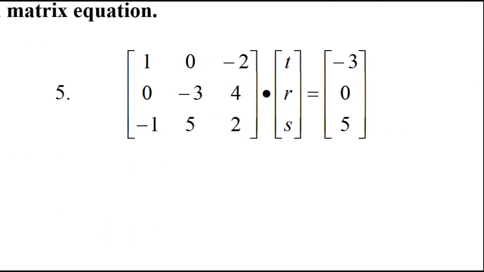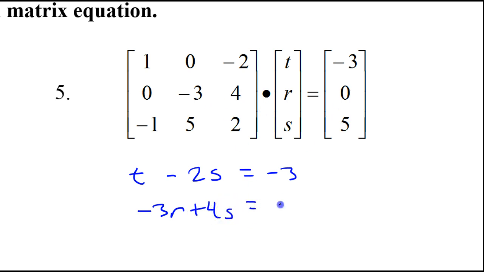Okay, let's do it again for number 5. Notice for the zeros here in the coefficient matrix, we will not put any term at all. So we have t, r, and s in that order. So for the first row, we will have t, and then we will have no r's, and then we will have negative 2s. Okay, and that's going to equal, of course, negative 3. For the next equation, we have no t because of the 0. So we will just have a negative 3r and then 4s. So plus 4s